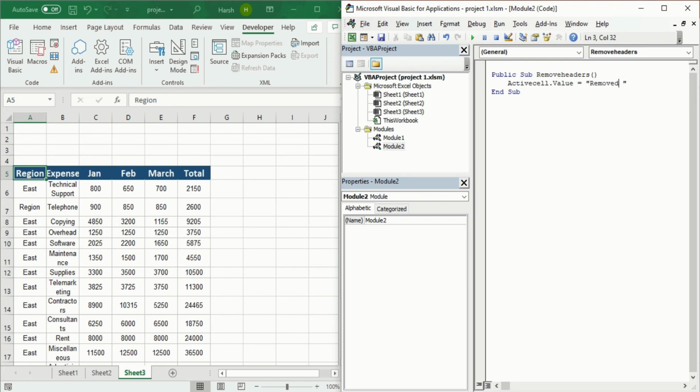Removed, and within this semicolon I will write everything. Like I have wrote a removed, and this is my code. Although this is not as such a complex code, but that is the one component of a code, and you can make a lot of component out of it, and you can execute in a lot of different ways.